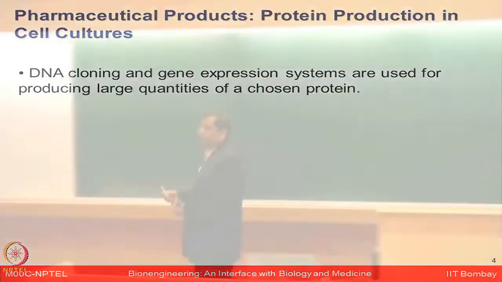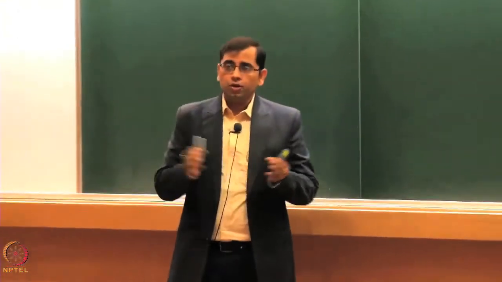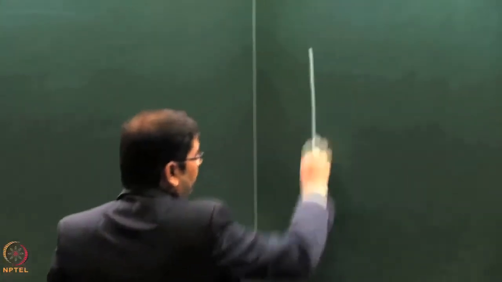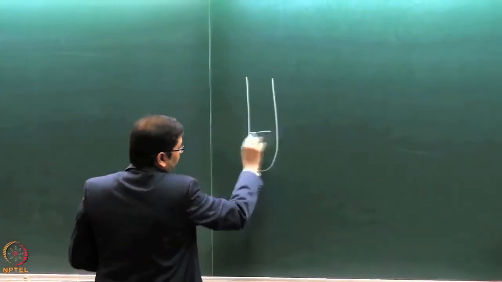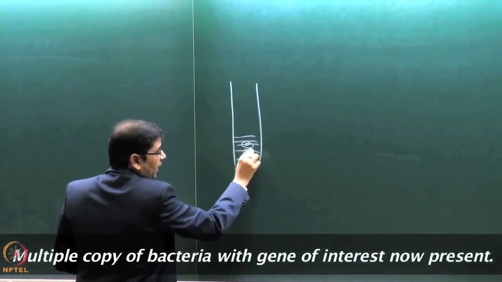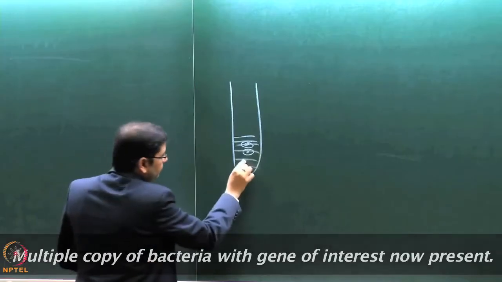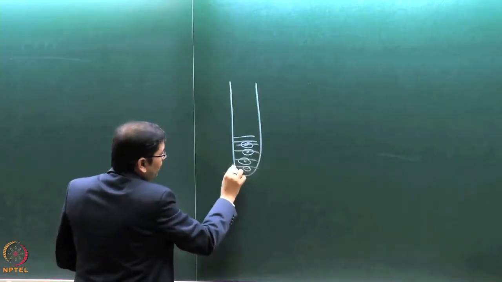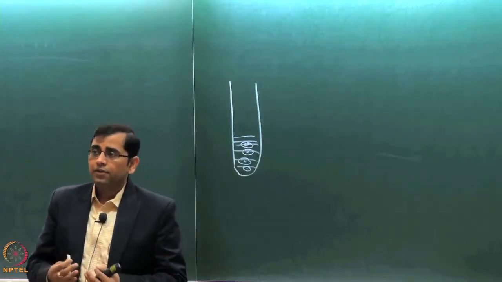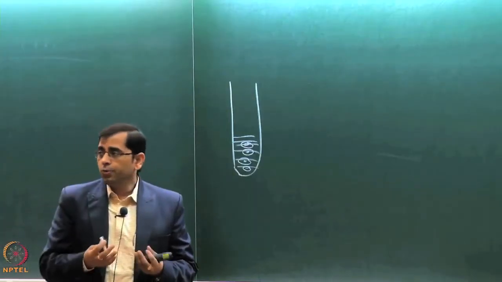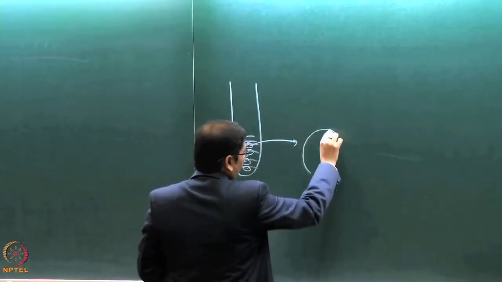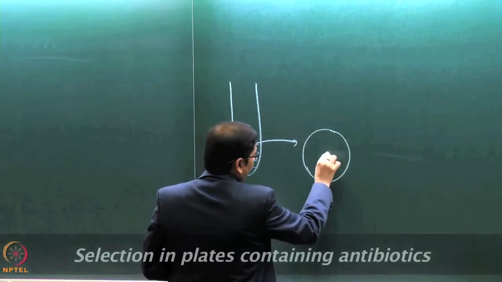So, for example, we talked about doing a cloning experiment where you can make multiple copies of that gene, right? And then you are growing that bacteria and multiplying it. You now have multiple copies of that bacteria which has the gene of your interest. So imagine this particular vector which you had used was an expression vector, which has the ability to induce protein production. So now once you have selected this bacteria on the plate here,